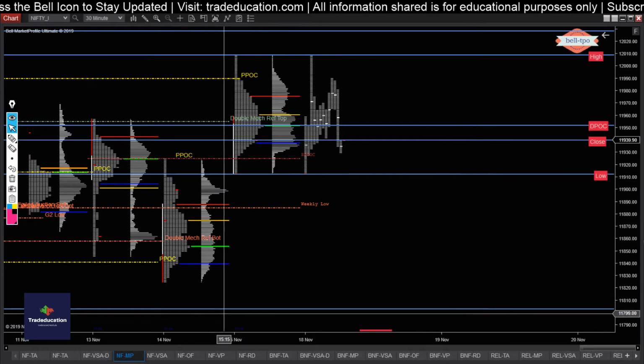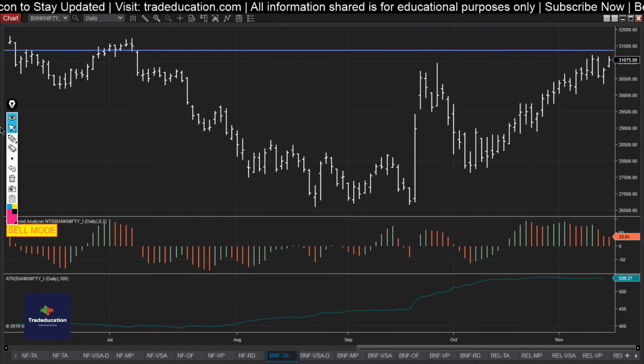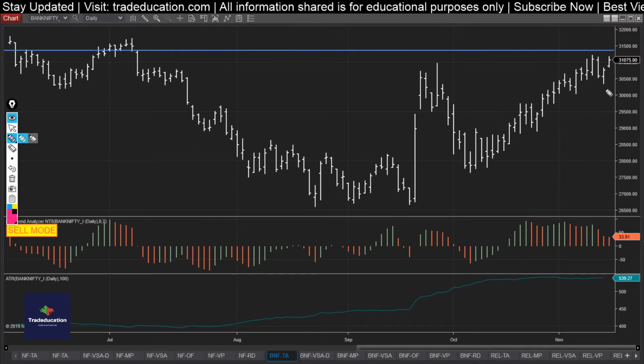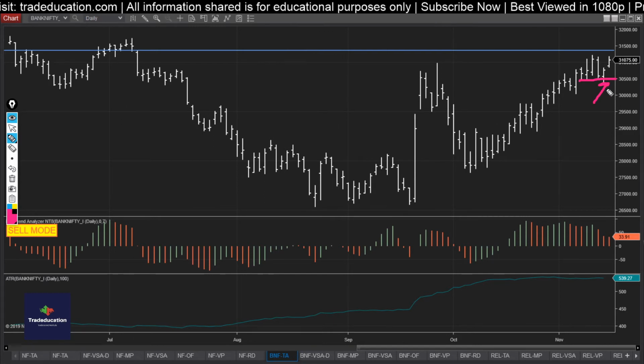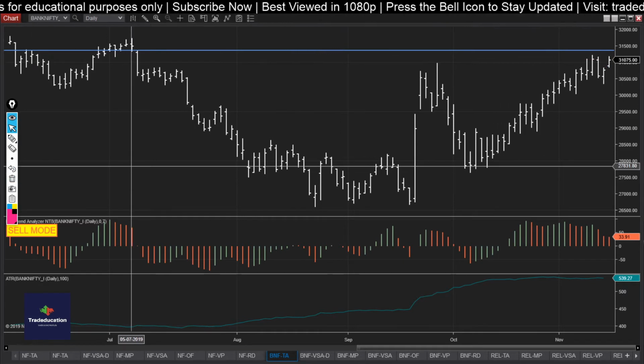Now let me quickly jump to the Bank Nifty chart. What's happening in Bank Nifty is that the weaker references got tagged, and then buyers started stepping in. It was in a balanced state, and it was a look below balance and fail. Yesterday's close was bullish, and today's open is also bullish, indicating that the auction will go to the higher side. That is what I'm looking at from the daily chart.